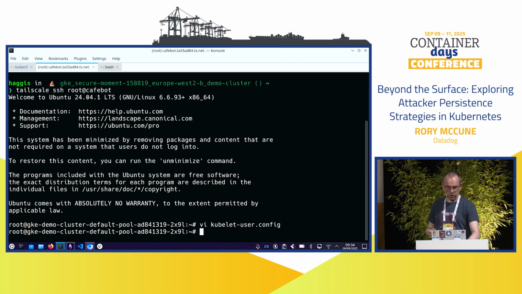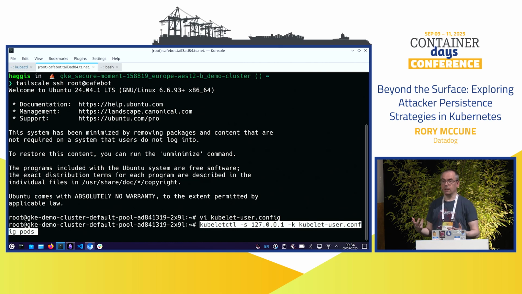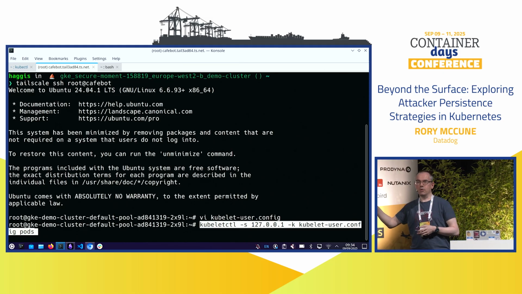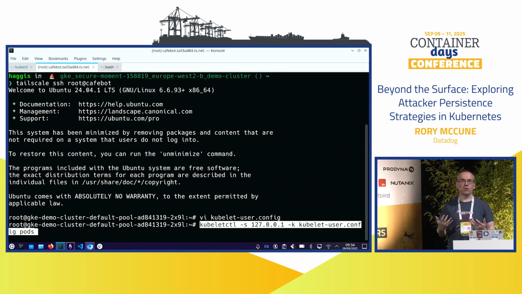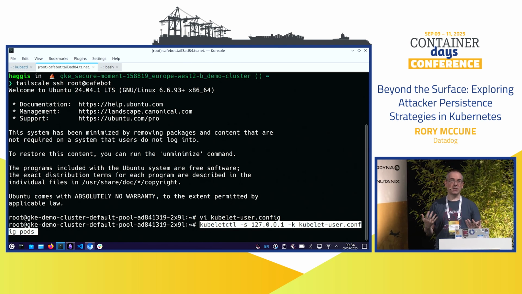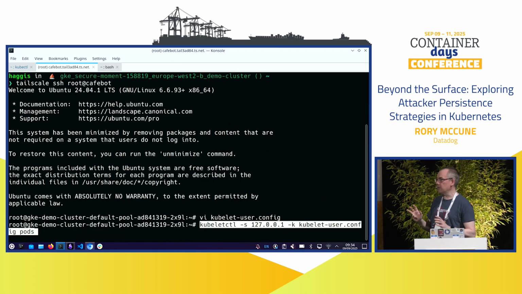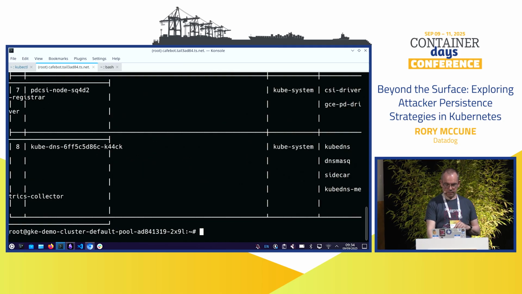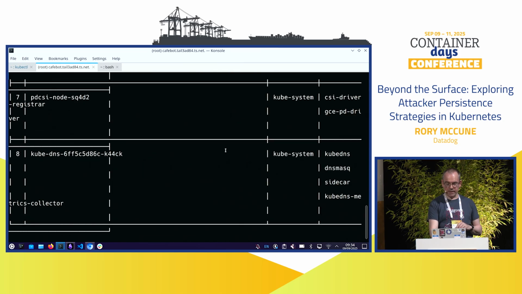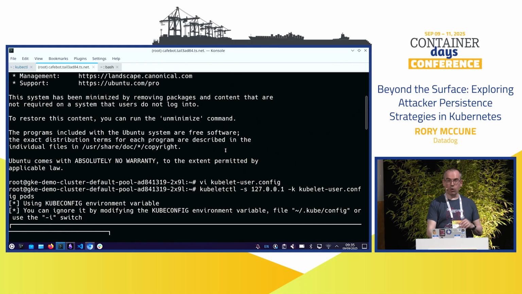We're then going to use a cool program called Kubeletctl. Kubeletctl sounds like an official utility, but it isn't. It was written by some researchers from CyberArk. They basically got annoyed that there was no easy way to interact with the Kubelet API, and they essentially reverse engineered it from the source code of Kubernetes, where you can find the information. It's not really that well documented apart from there, but you can go look in the source code. And they came up with Kubeletctl. And what we can do with Kubeletctl is we can do something like that. Now that lists all the pods running on this node, talking to the Kubelet API.